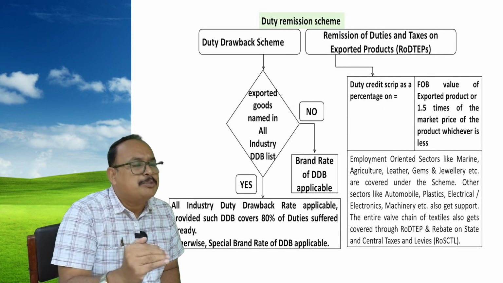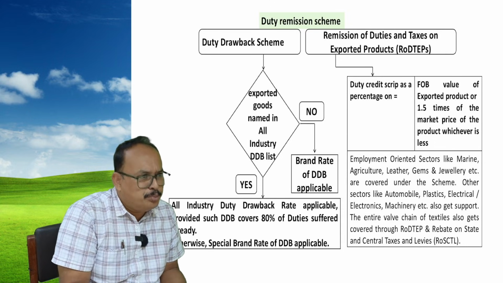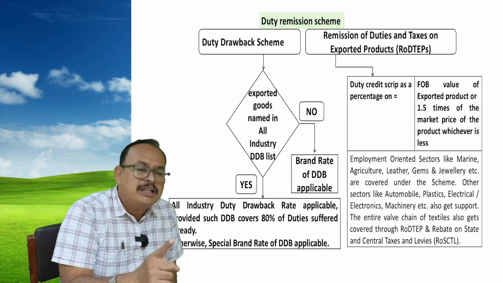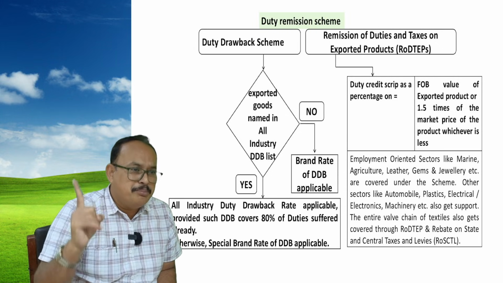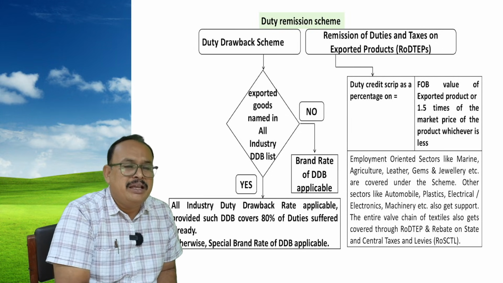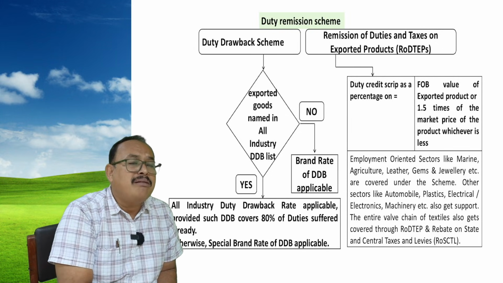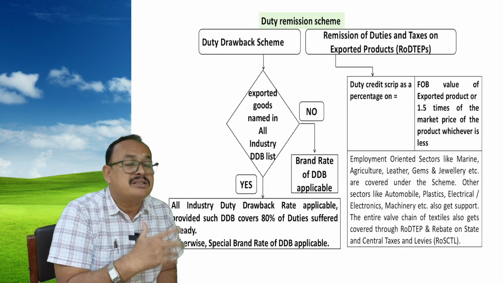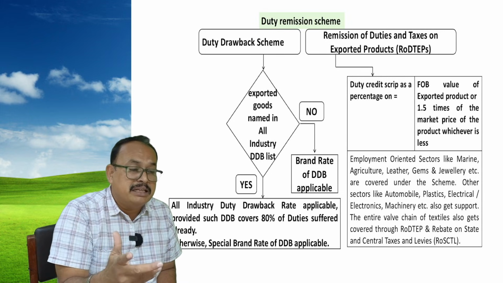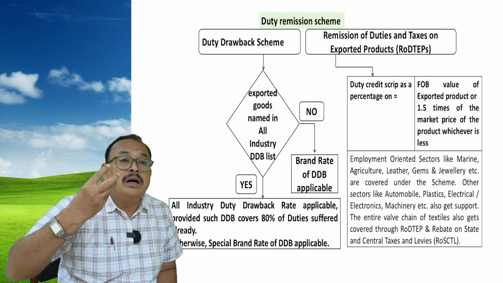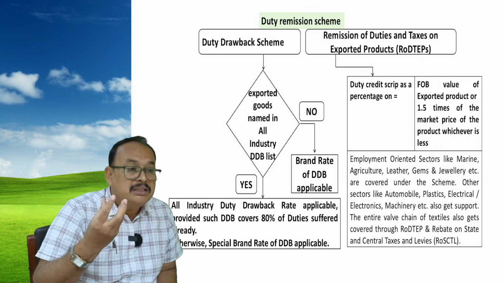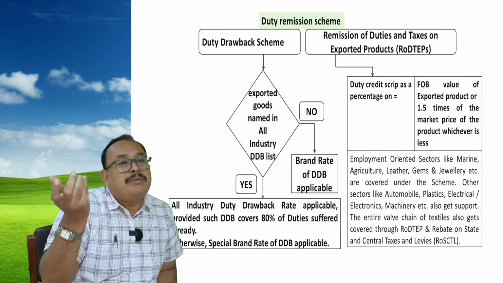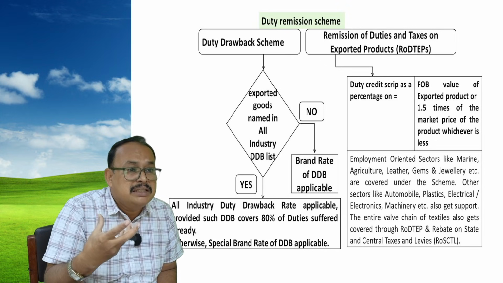This duty drawback is a post-export or pre-export? Post-export benefit, but ensure that you should not be getting any other benefits. And also we understand the brand rate of duty drawback, where the goods are seldom exported, like HIV medicine or gold, diamonds, the valuable things, which is generally not possible to list in the all industry